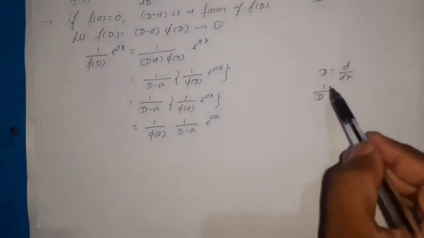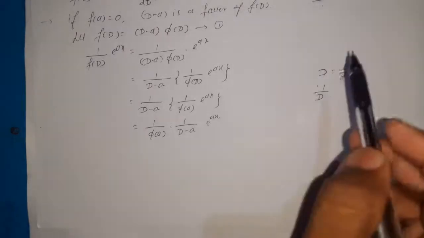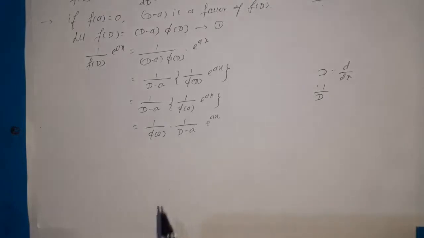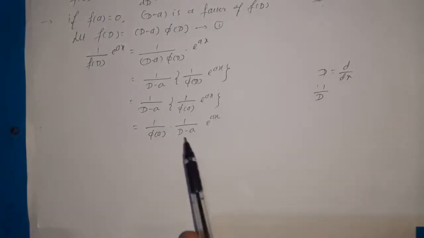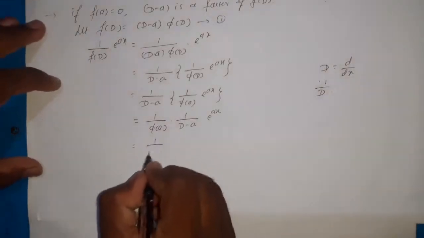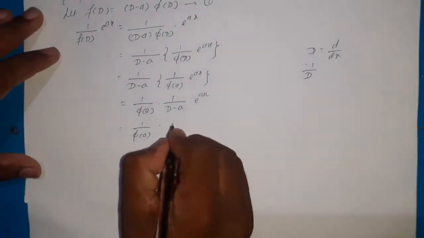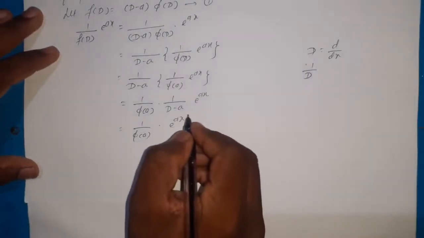Therefore, this 1 by D represents integration of the function. So here we have 1 by D minus a, the inverse operator. Therefore it is equal to 1 divided by phi of a into e power ax